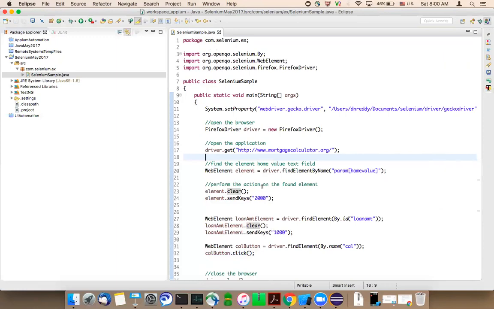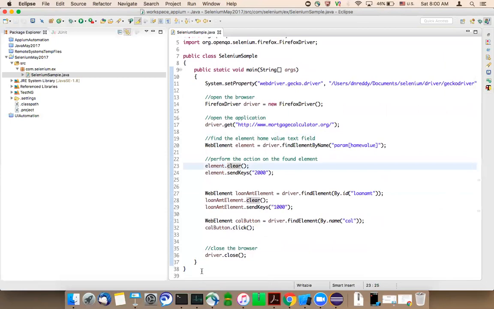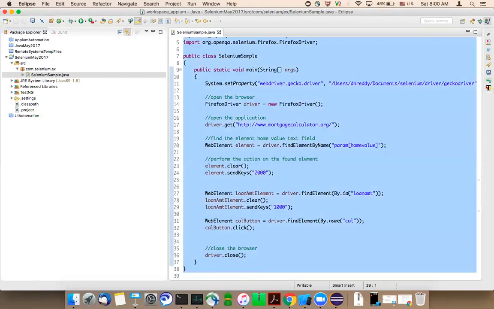The assignment is to complete all other text fields and whatever is available. I'll also copy this code to the chat box. Any questions? You have the entire code in the chat box.